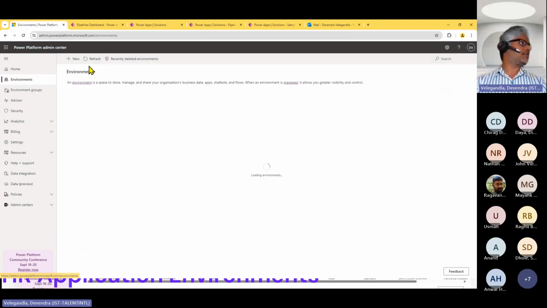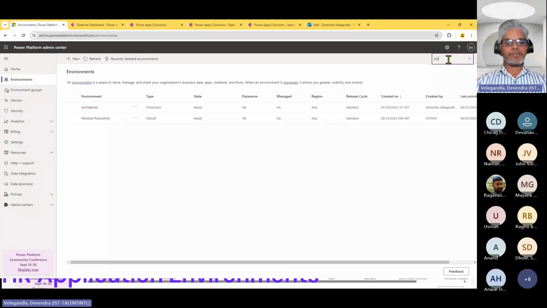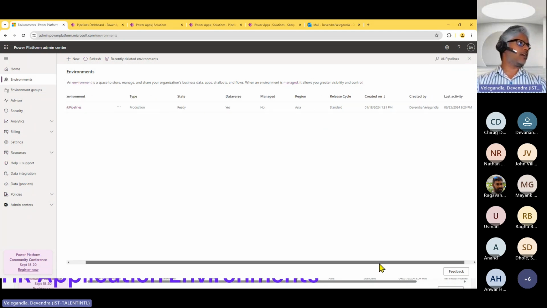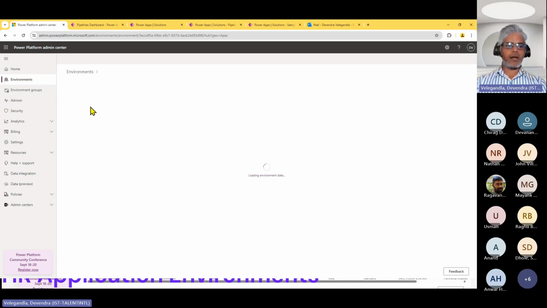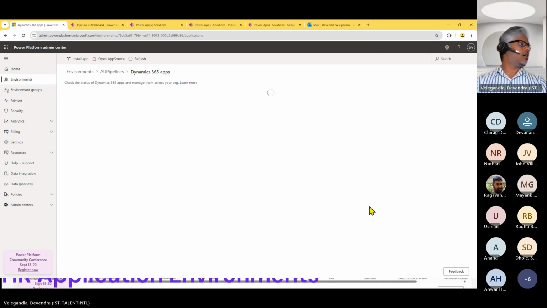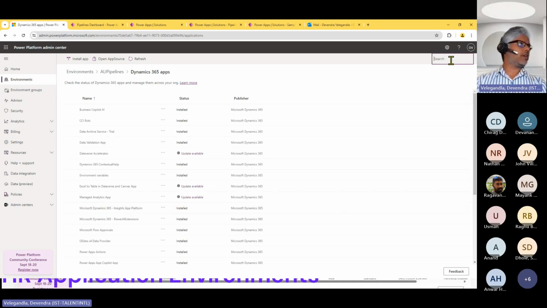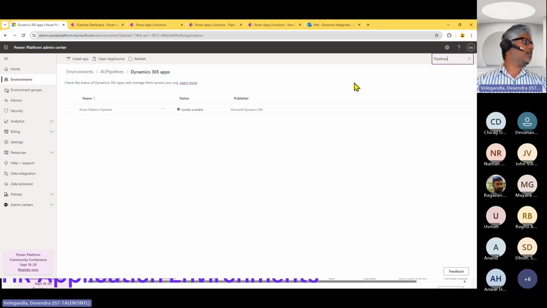So within the environments, I have one called Australia pipelines. The reason is, you can see, this was within that particular region, the Asia region, where I was able to deploy the pipeline host within the Dynamics 365 apps. So that's the first step that you need to do. I'm just waiting for this to load. So if I look for pipelines, this is the one that you need to install in your host environment. So once that is done,